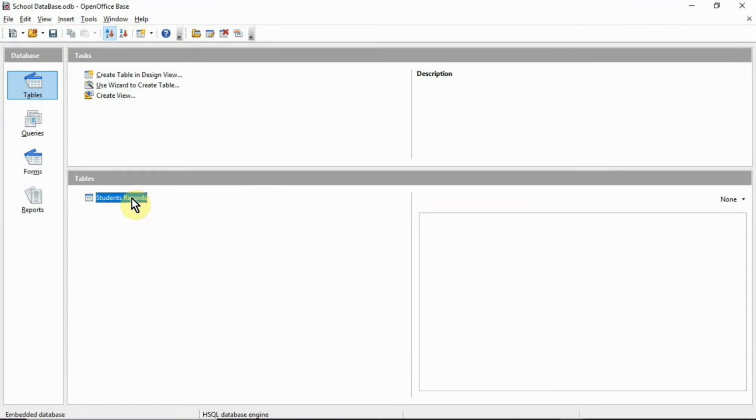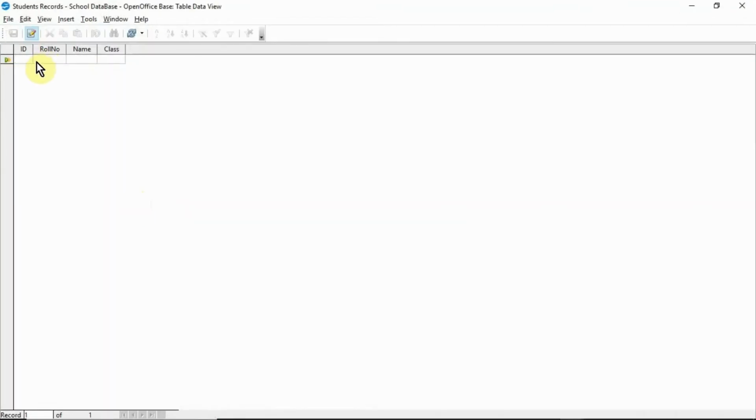To insert values into the table, just double click the table name and then type the entries. Roll number 2, name is Zaid, class 10th.